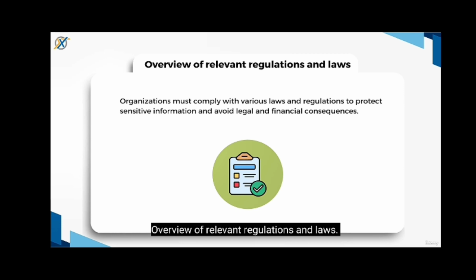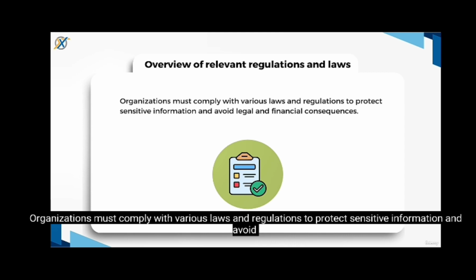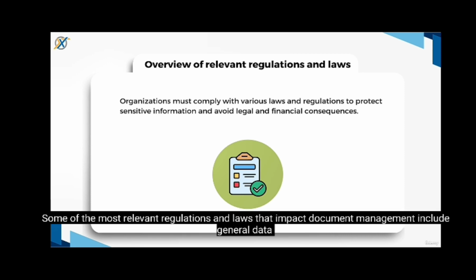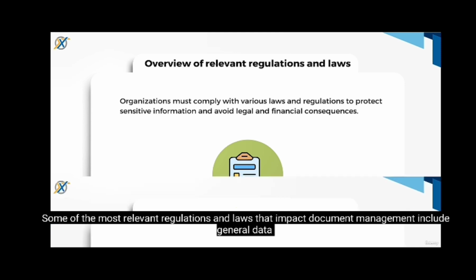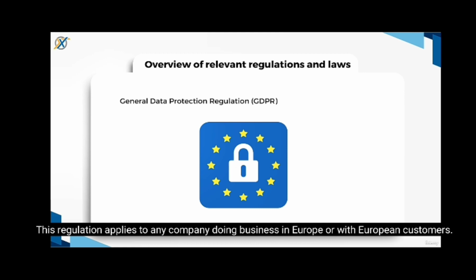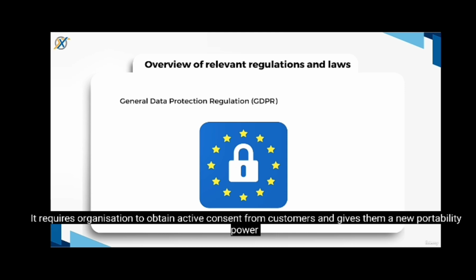Overview of relevant regulations and laws. Some of the most relevant regulations and laws that impact document management include General Data Protection Regulation, GDPR. This regulation applies to any company doing business in Europe or with European customers. It requires organizations to obtain active consent from customers and gives them a new portability power to control the transfer